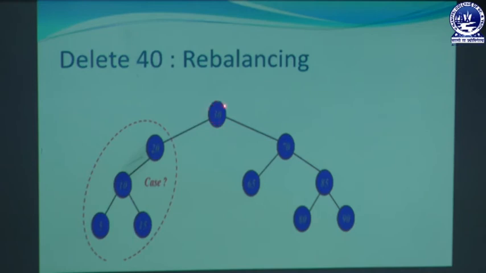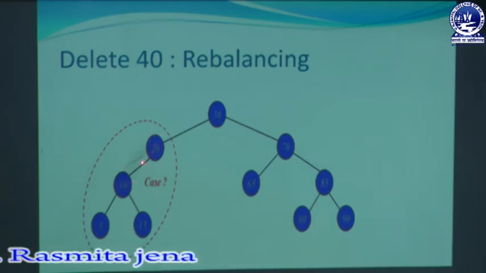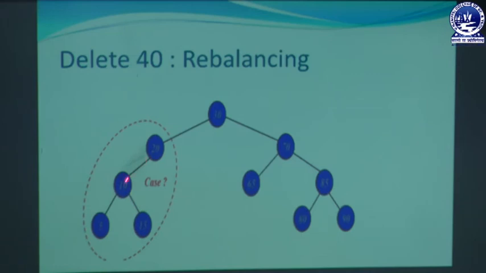When we replace it, the tree becomes like this. So 30 is replaced instead of 40. And when we replace it, let's check the balance factor of each and every node present in the AVL tree. Let's calculate the balance factor for these two leaf nodes. The balance factor of these two leaf nodes is 0, and these two leaf nodes also 0, and the balance factor for this node, with left subtree height 1 and right subtree height 1, is 1 minus 1, which is 0. And for this node, the left subtree has height 2 and the right subtree has height 0. So 2 minus 0 is 2, that means +2, and you can say this node is unbalanced.